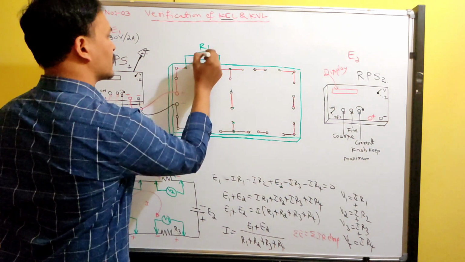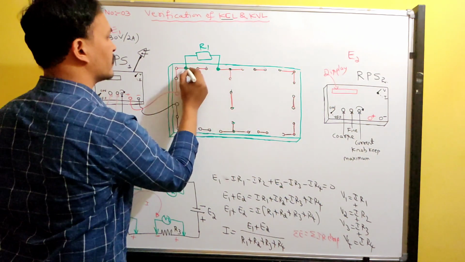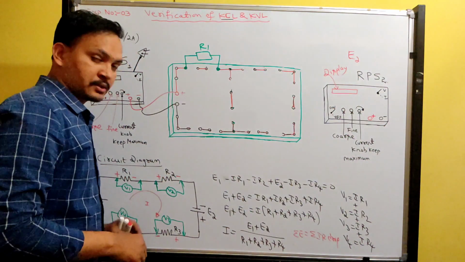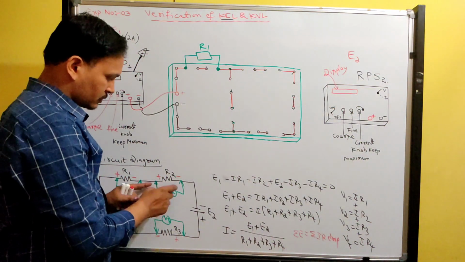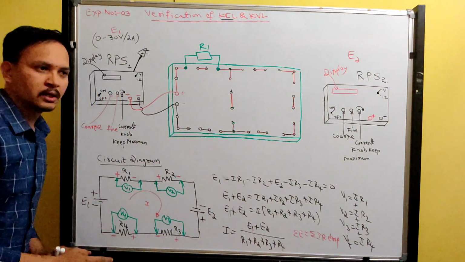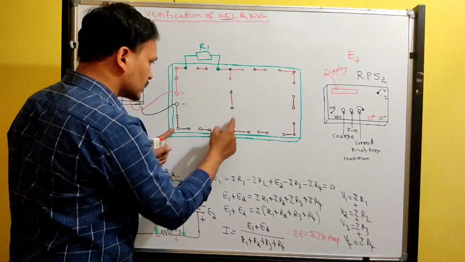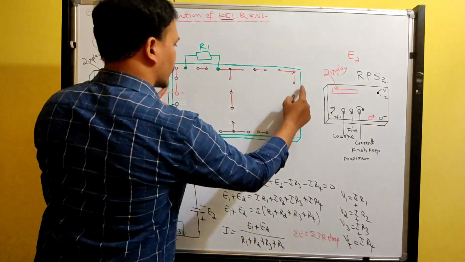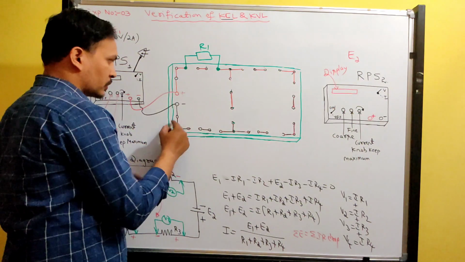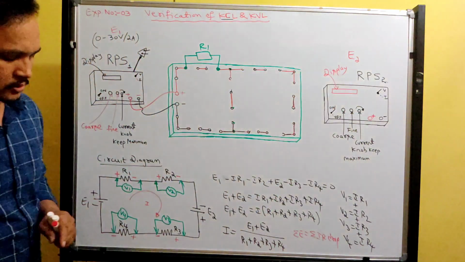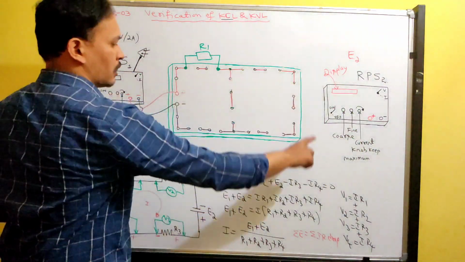Okay. R1 resistance you can connect over from here to here directly. Next, R2 resistor. Where can you connect R2 resistance? That is in another way. See, only one loop is there. You can utilize only this part, or otherwise this part, or otherwise the outer loop. You can use this loop or you can use the outer loop. Choice is yours. So I am going to use the outer loop.